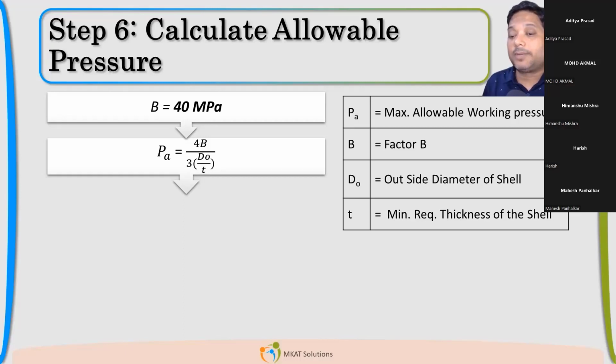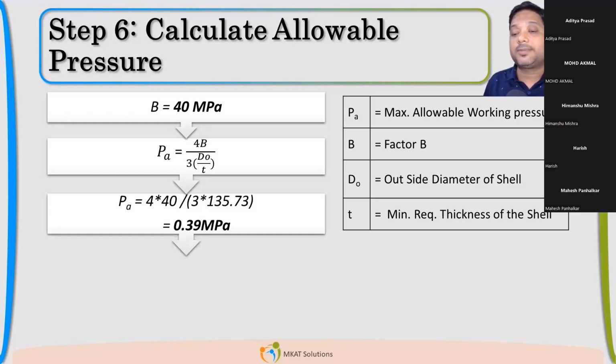Apart from B, there is D naught by T, which we have already calculated. So if I substitute the values of B and D naught by T, I got